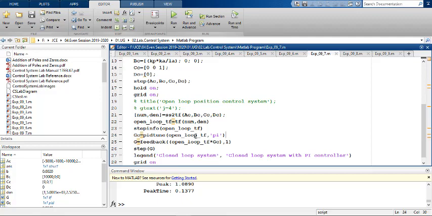What will this pidtune command do? It will give you a value of GC that will make the system much more stable and give a fast response. And with this set as PI, it will only use the proportional and integral constants.